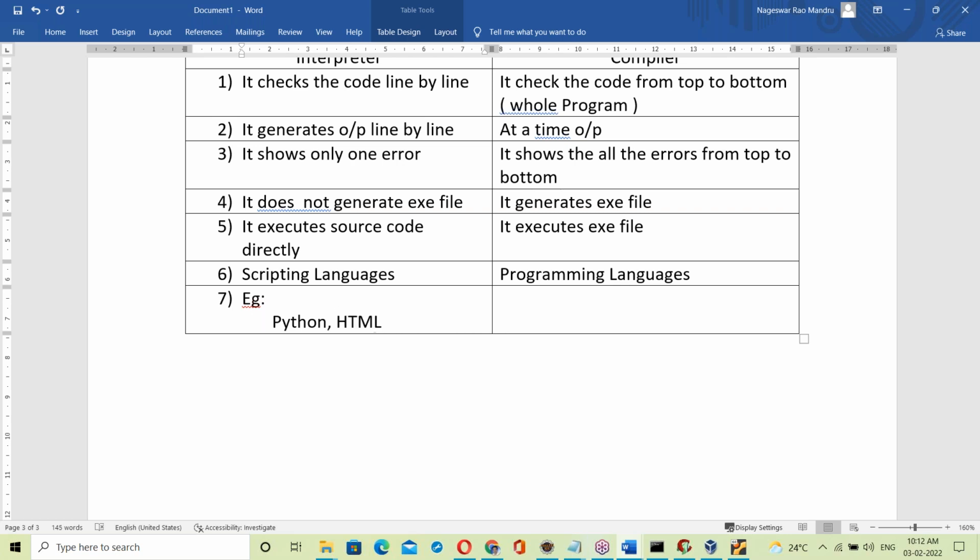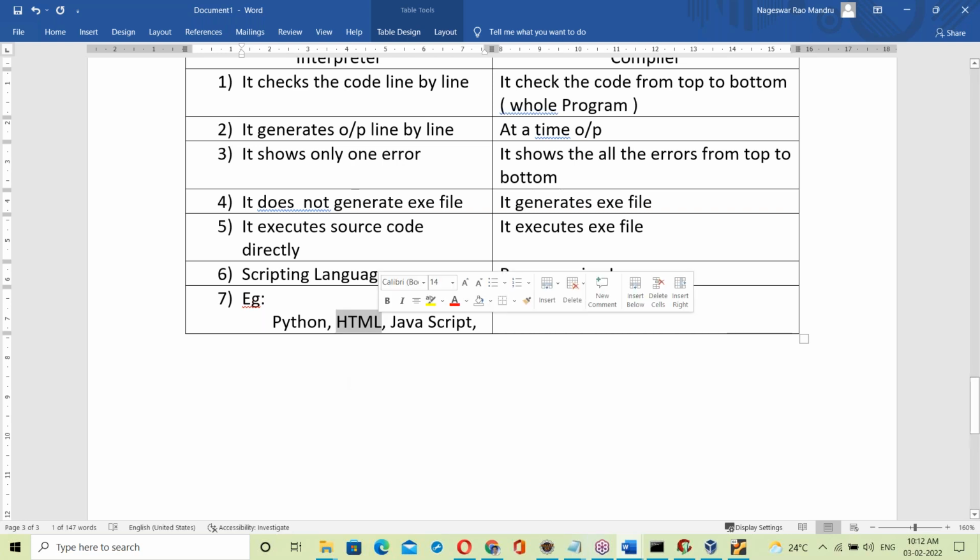Next, HTML, the Hypertext Markup Language. It is a browser understandable language, and the browser is the interpreter for HTML.